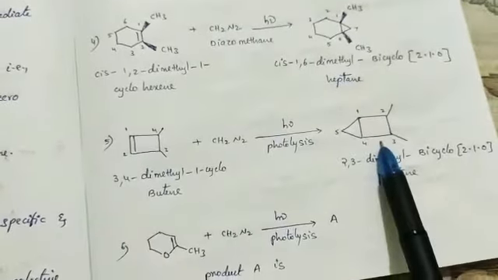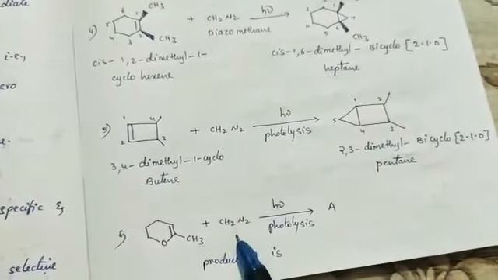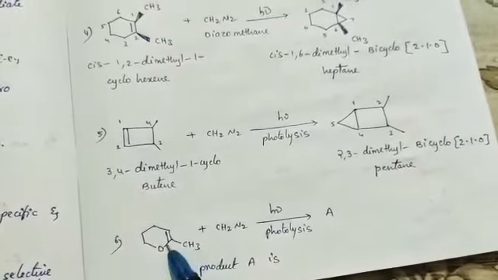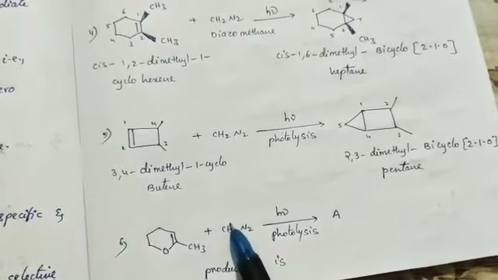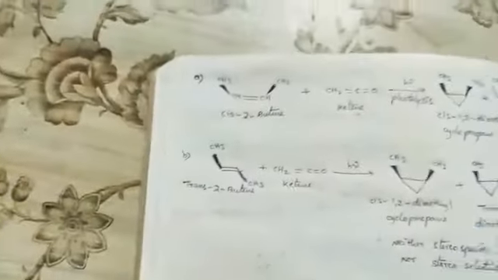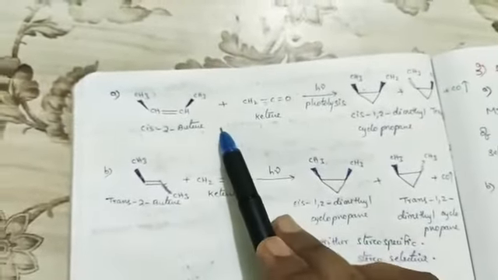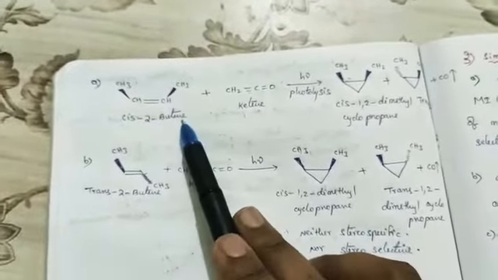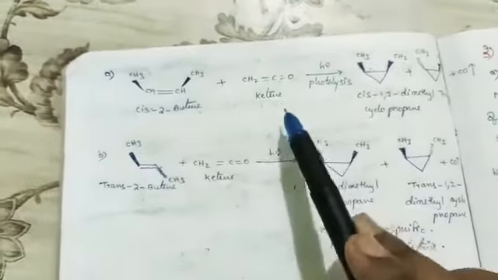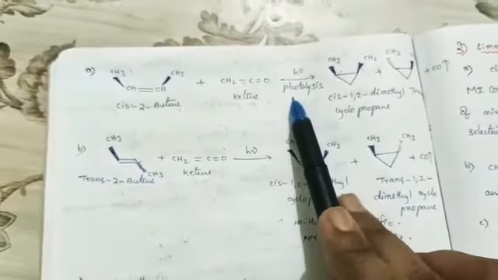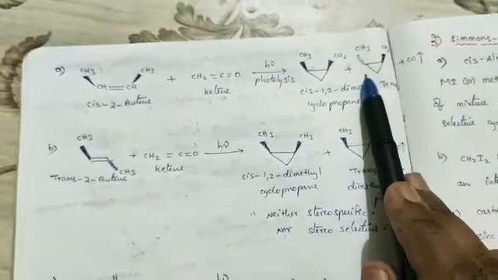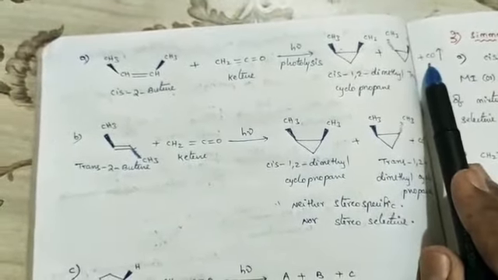Now the same also applies in this case. Let me do some examples here. I am taking one non-benzenoid compound where a double bond is there, so the CH2 is inserted and it forms a cyclopropane. Now all of you do this on your own. Consider one more example, cis-2-butene, where the methyl and methyl are on the same side of the double bond. We add a ketene by applying photolysis, then it forms a mixture, one a cis compound and the other a trans compound, and liberates carbon monoxide.